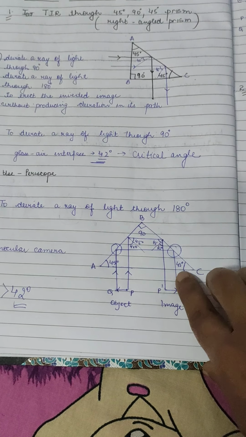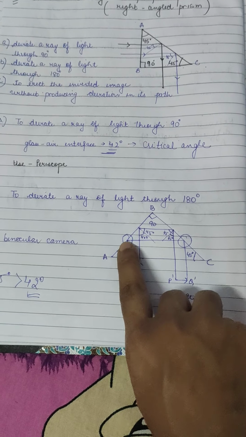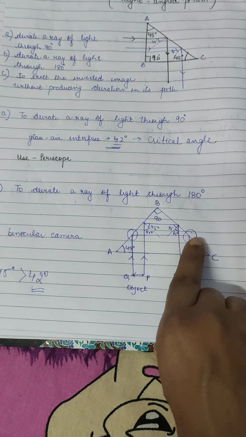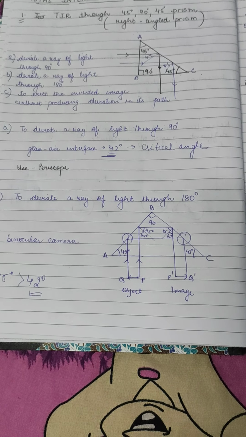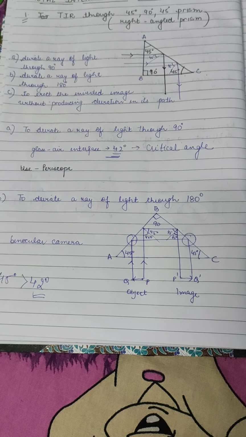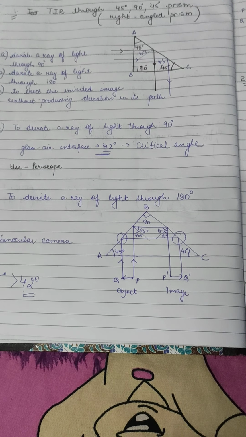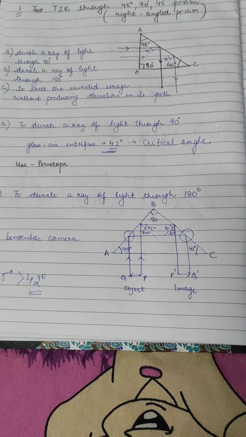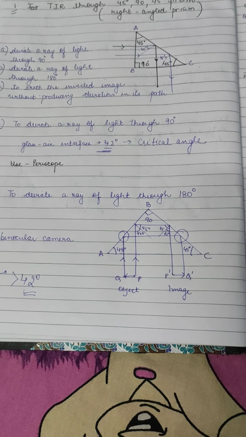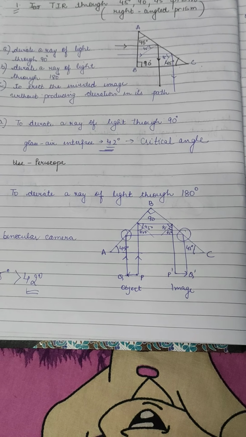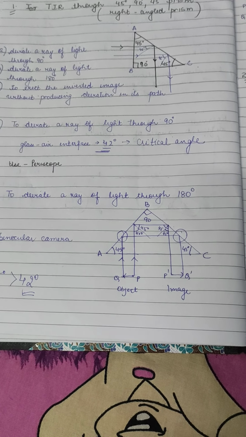Normally on the face AC, total internal reflection occurs, and it comes back normally. Therefore, it passes undeviated out of the prism. So that's why it's coming from the prism undeviated. But why is the image inverted? It passes undeviated out, forming the image P dash Q dash of the object PQ.